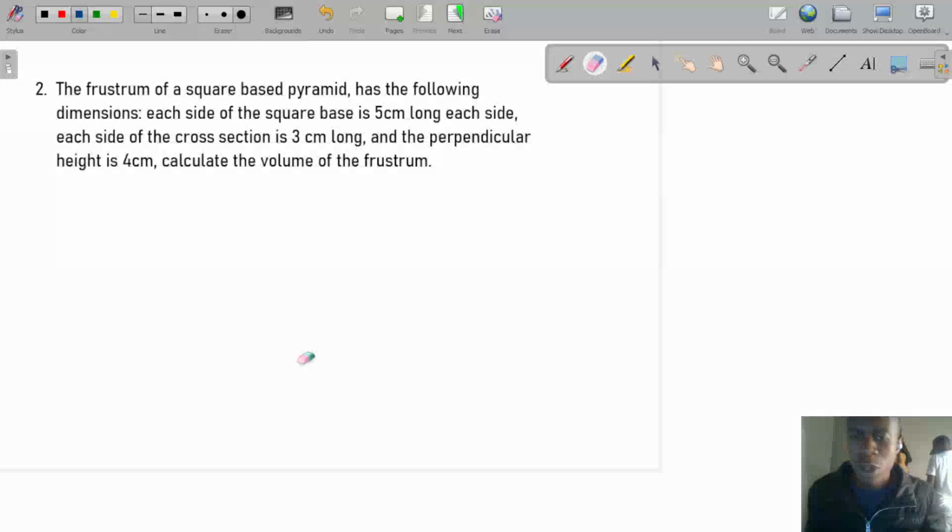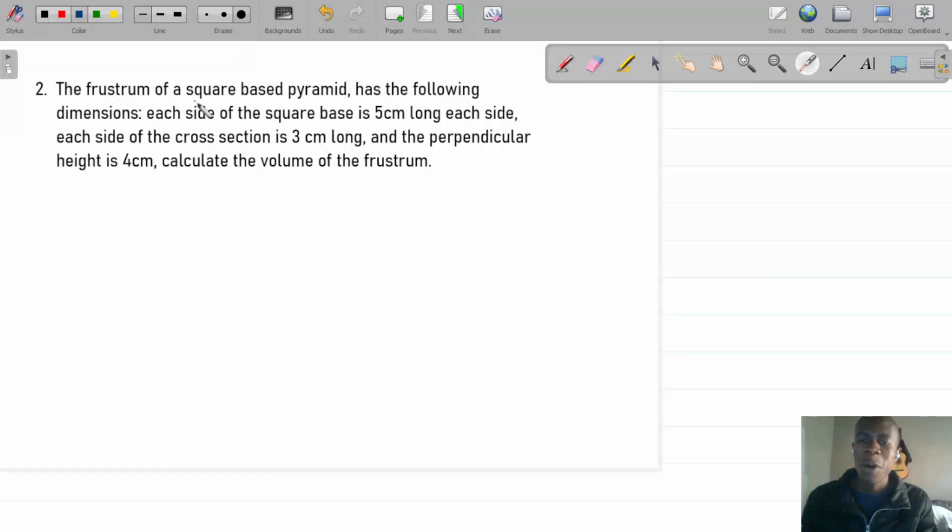All right, so welcome to part two. In part two, we look at a question that will require us to reinterpret the information into a diagram, but it is the same idea. All right, so the question reads,